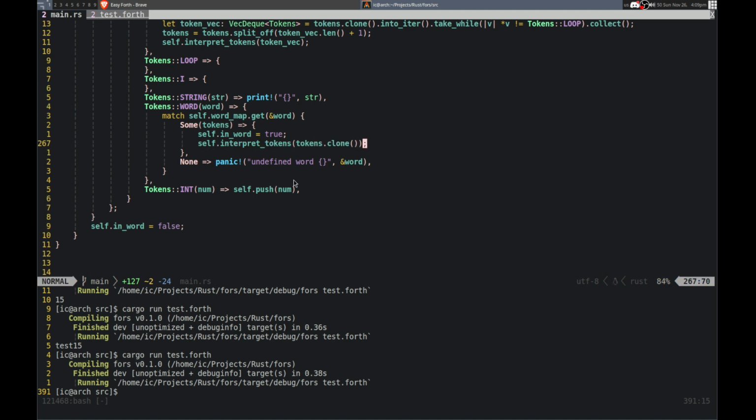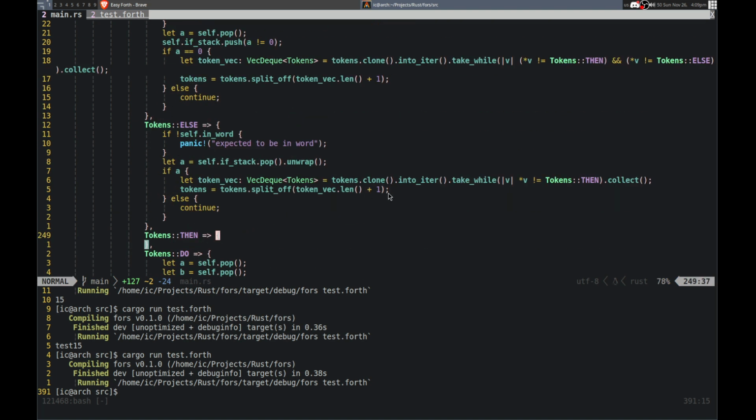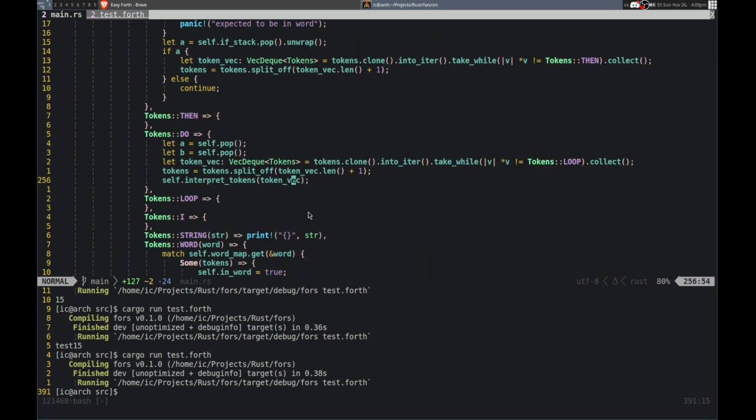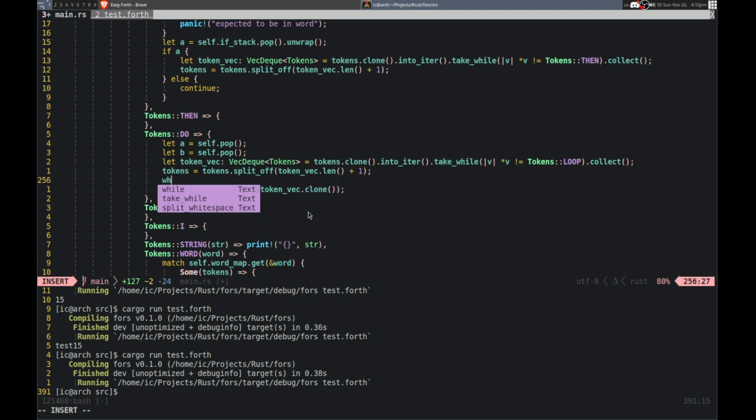Yeah, so where do we call this, actually? So we interpret, yeah, so that's all good. Let's do .clone as well. Where is the do? Yeah, so we'll just clone this. Clone, okay. So we want to do that, but we want to keep doing this. So basically while,